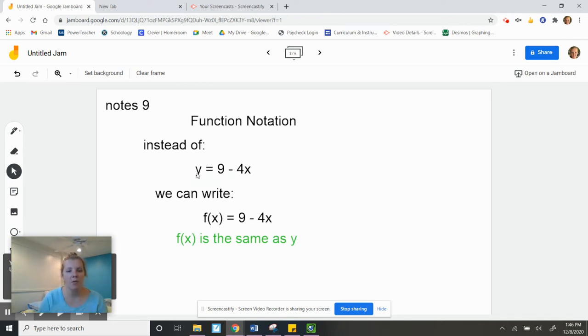So this is how an equation is that we're used to seeing. This is the old way of writing y is equal to something. We could graph that line. The slope is -4. The y-intercept is 9. Now, when